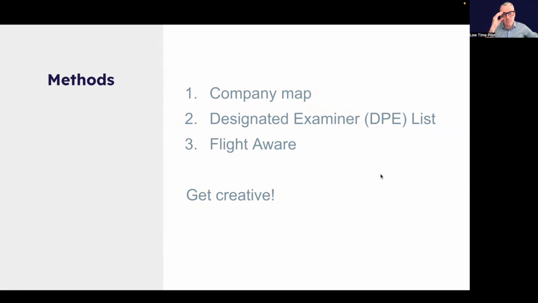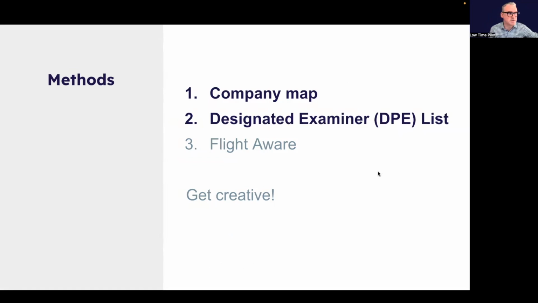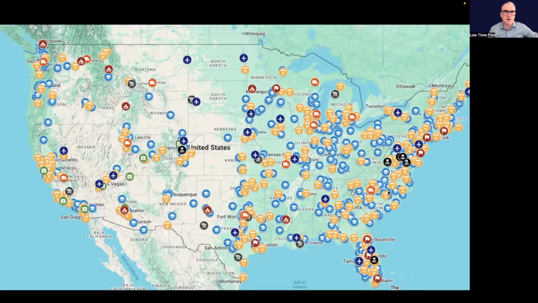So we have two different maps that we're going to look at. There's a company map, and then there's also the designated pilot examiner map. So that's what we're going to focus on in this video. We'll talk about this third one using FlightAware as sort of a little bit more of an advanced targeting solution. So really what we're trying to do is create a list of either emails or phone numbers to conduct outreach, right? So the first step that we have to do is comb through different places